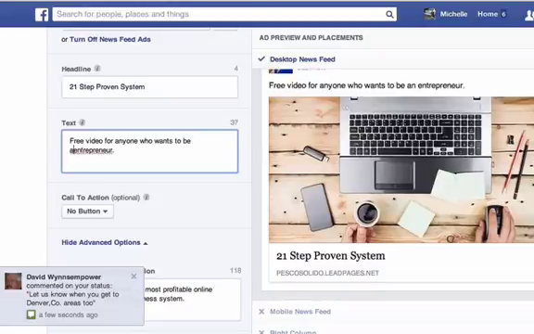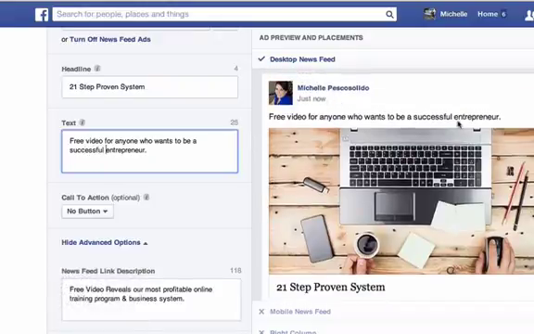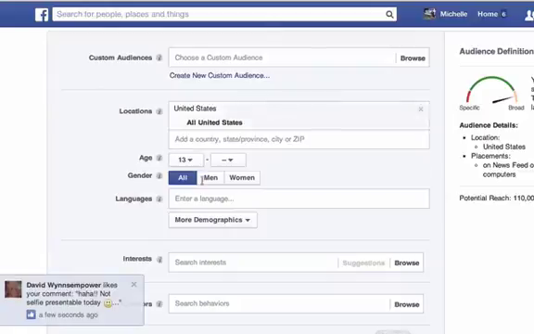To be a successful entrepreneur. So you want to write your headline to actually what you're going to be targeting. So if you're going to be targeting stay-at-home moms, then you might want to say something about a stay-at-home mom in here. You could say something along the lines like, hey, are you a stay-at-home mom looking to make some additional income from home? Then that way you're speaking to stay-at-home moms, and that would be added in down here